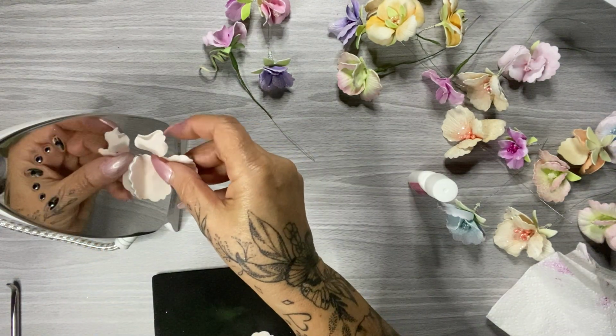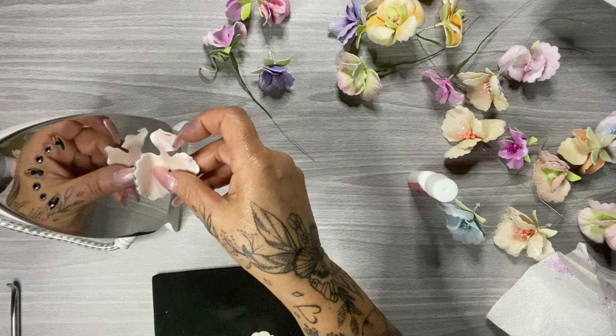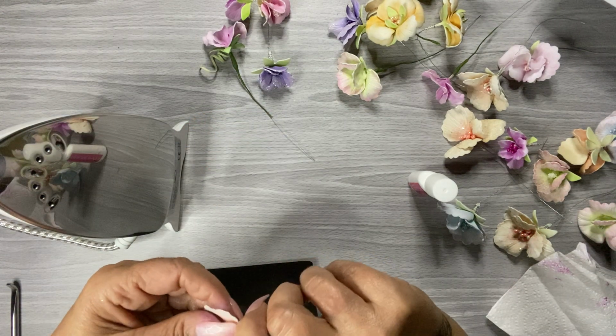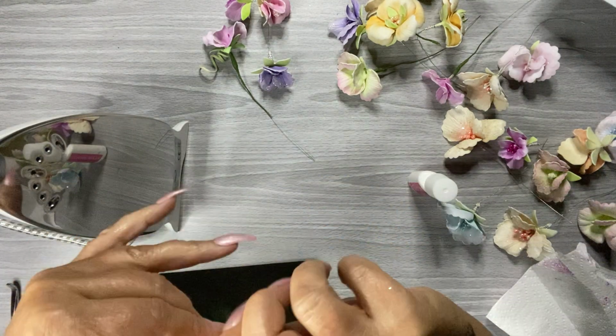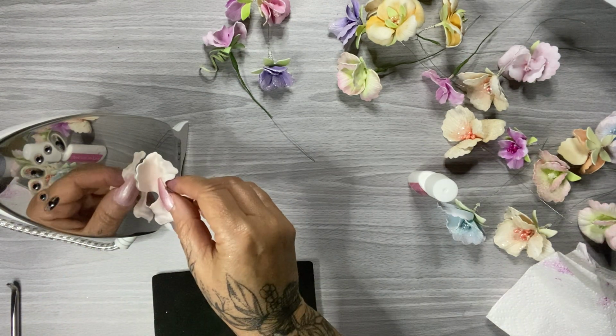So I'm going to do half and half. I'm going to heat half of this up first, and you'll just see it shrinking slightly, and it actually is kind of folded over as well. So then twist, I'm coming in again and twisting, and then I'm going again, and I'm going to heat that other side up